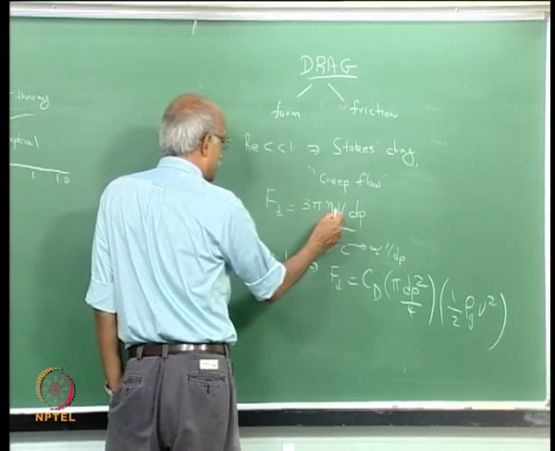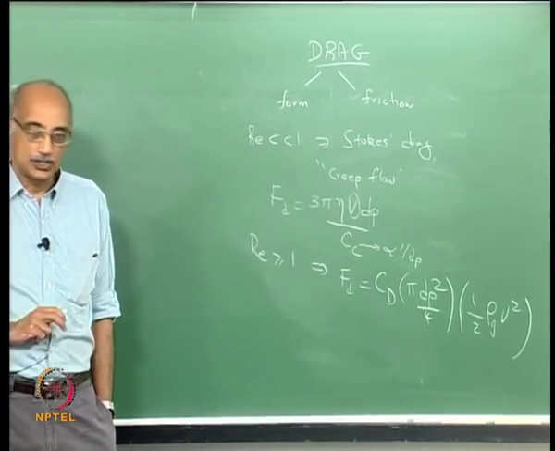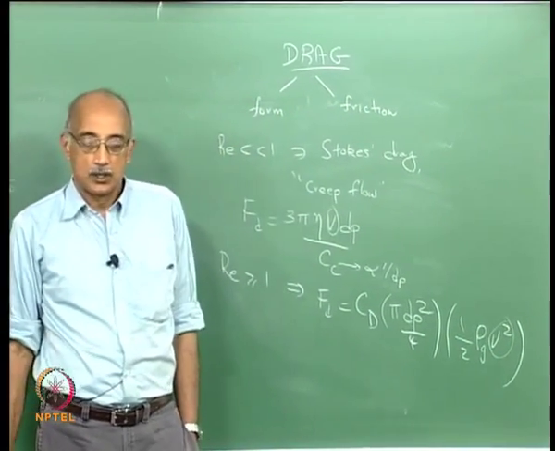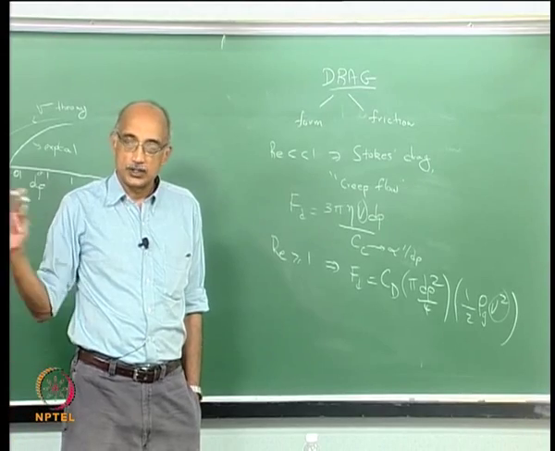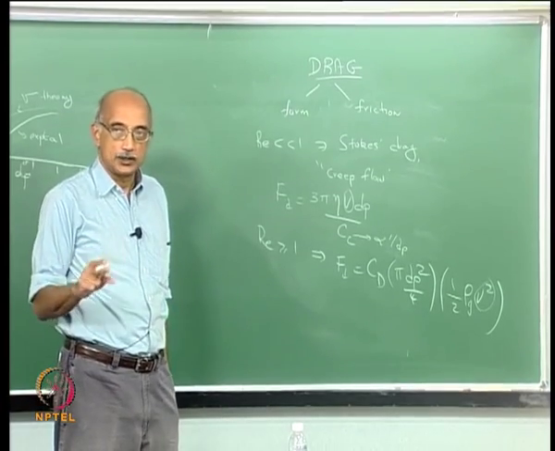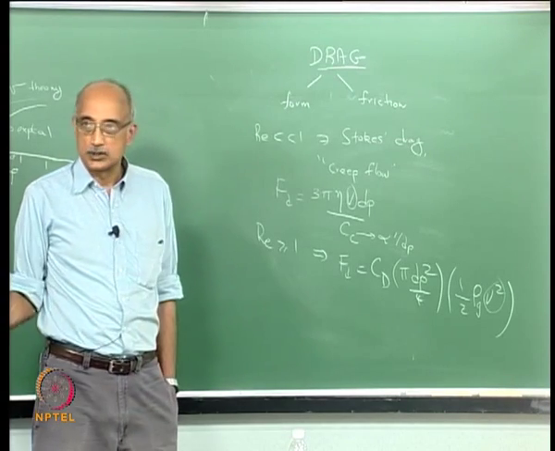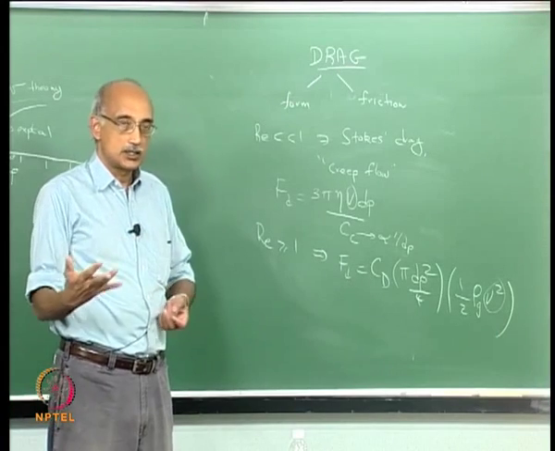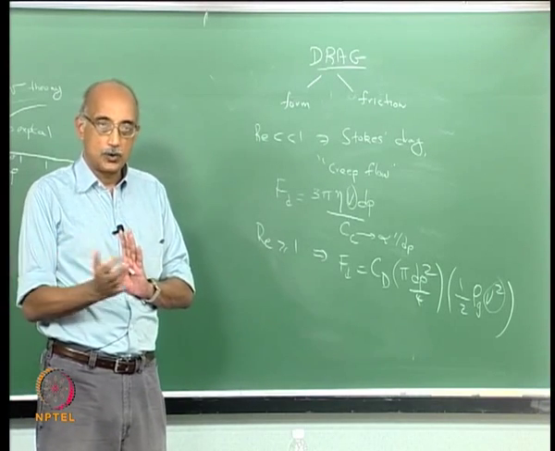Some of the other interesting dependencies are, for example, the linear dependence on velocity in the Stokes flow or creep flow regime, as opposed to a v squared dependence at higher velocities. Again, this has practical implications for when you are trying to remove particles from a surface. As we discussed in the lectures on particle removal from surfaces, one of the methods commonly used is to blow air or spray liquid on the surface and thereby induce a drag force. Now, what these expressions tell you is, for higher Reynolds number flows, an increase in velocity will have a much more significant effect